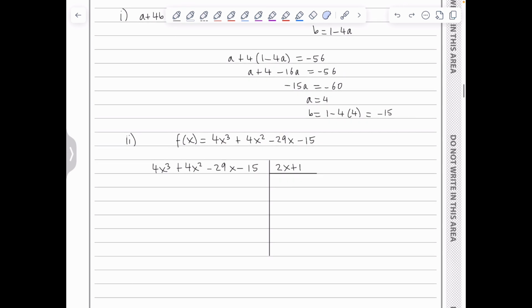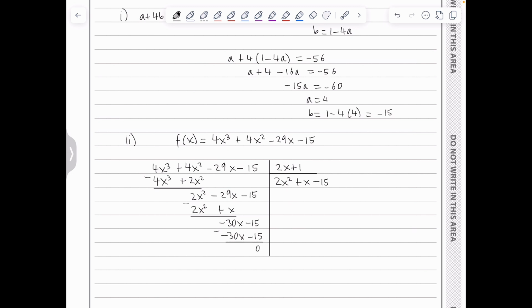So I'm multiplying 2x to get 4x cubed, so I need to multiply it by 2x squared. So I've got 4x cubed plus 2x squared, and I deduct. This leads to 2x squared minus 29x minus 15. I will multiply 2x by x to get 2x squared plus x, and I deduct again, leading to minus 30x minus 15. So it's going to be a minus 15 here, leading to minus 30x minus 15, and the remainder